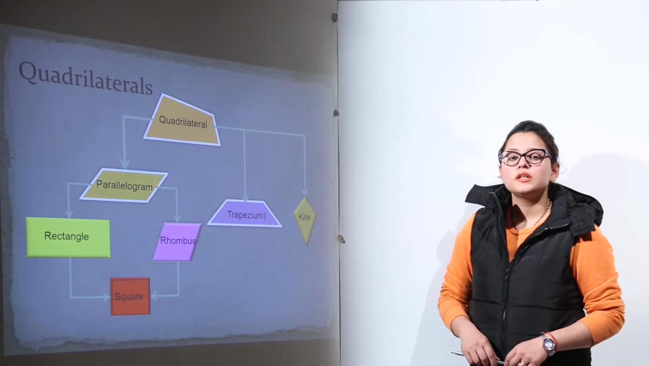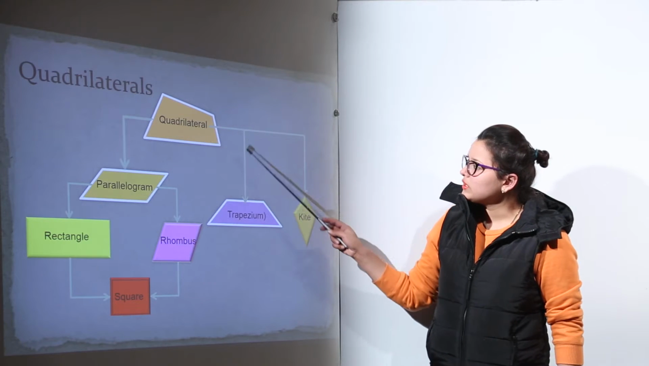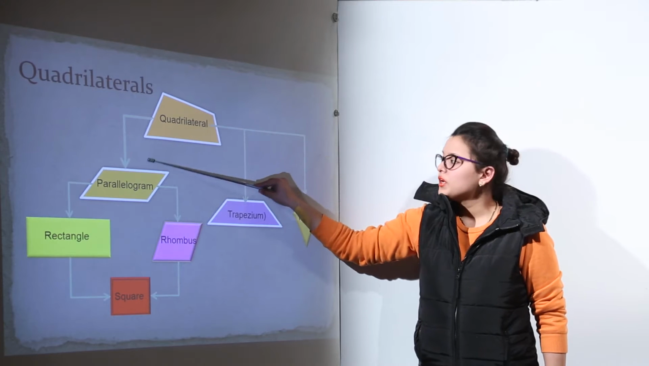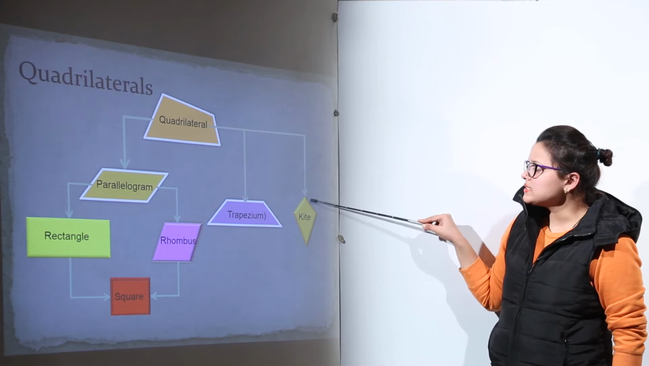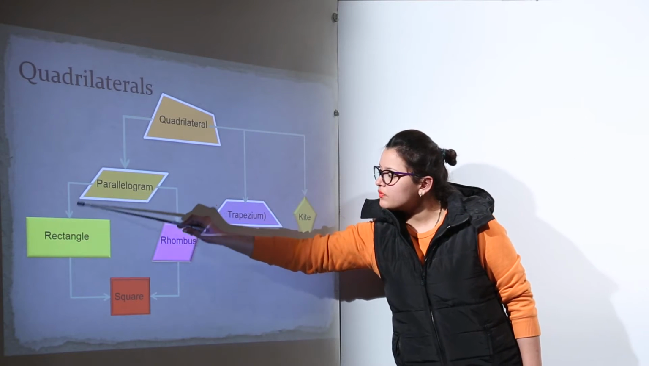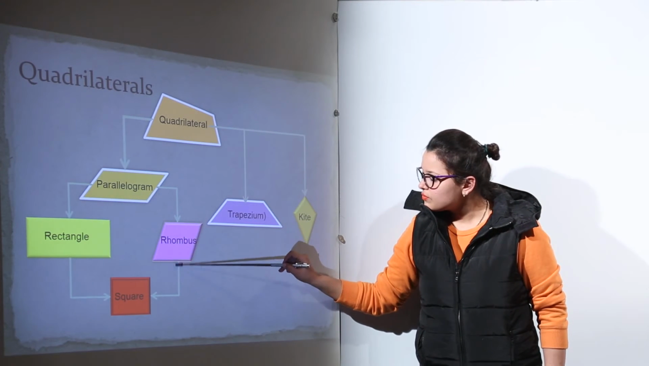Now we will do the different types of quadrilaterals. Now you can see in this flow chart over here that the quadrilateral is broadly classified into the parallelograms, trapeziums, and the third is kite. Further, you can see that parallelogram has been classified into rectangles and rhombus, and the properties of this arrow you